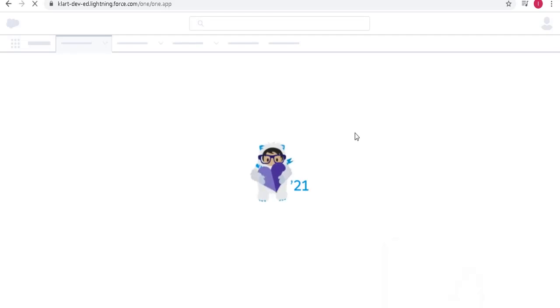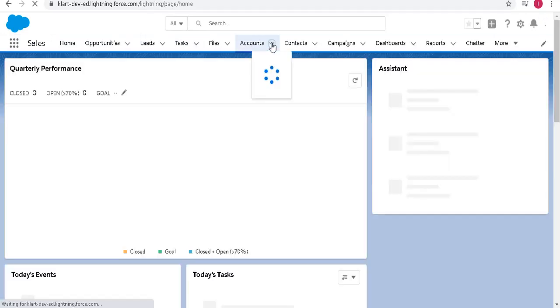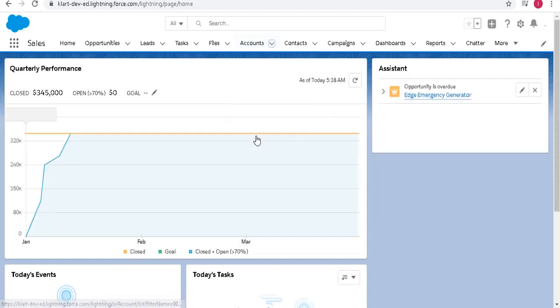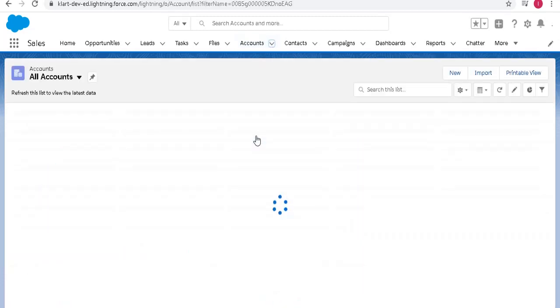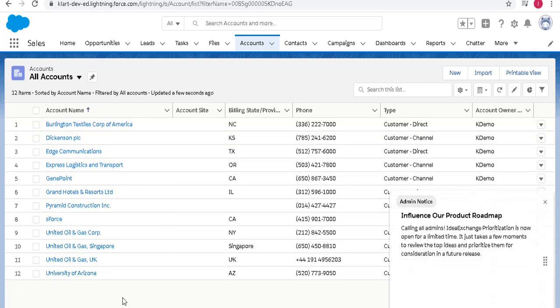This is the account object which we are going to use. If you click and see all accounts, it will show you the list of accounts which are available by default. These are the default accounts created by Salesforce. We have 12 accounts, right? Now we are going to insert two more or one more record here, so that 13 or 14 accounts will be there.